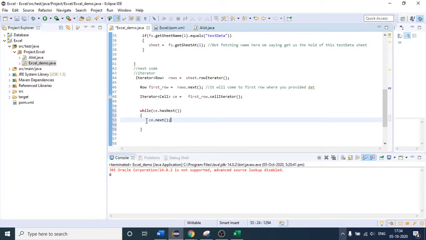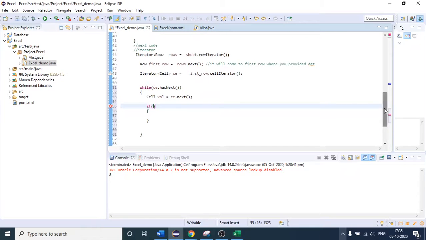So if I come here, let me catch it in one variable, which is of type Cell. I am just naming this as value. After that, I will use one if condition. In that if condition, you might face some kind of issue for the first time because you are seeing it for the first time. So don't worry, I will also show you in the debug mode shortly. Then it will be clear to you what this code is doing.